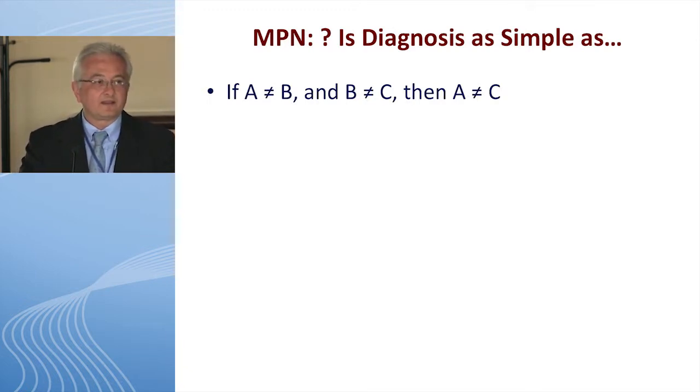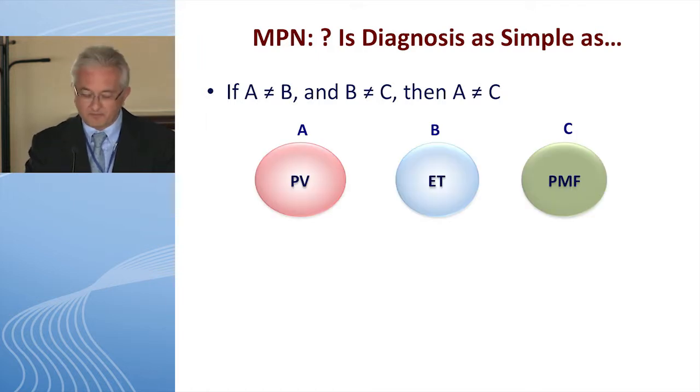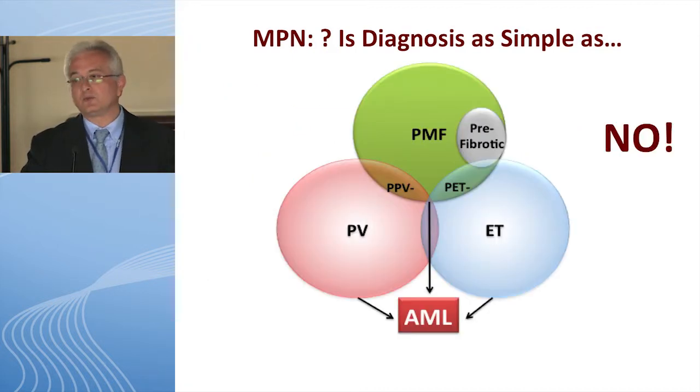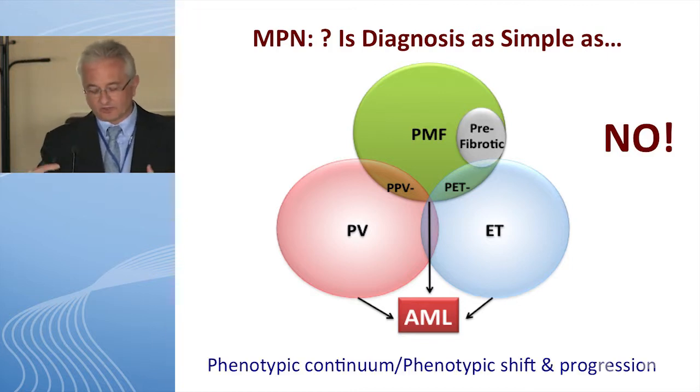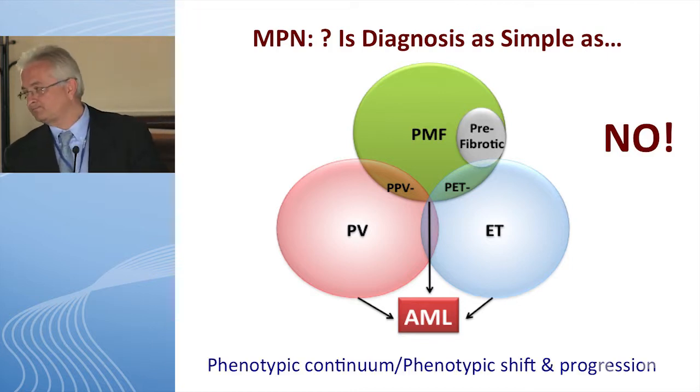Anyway, what is the significance of this presentation if we are in a very clean situation where A is different from B and B is different from C, so that A is supposedly different from C, and of course A is PV, B is ET, and C is PMF. So the answer is clearly no, because we know that these disorders are overlapping, that there is a continuum in terms of